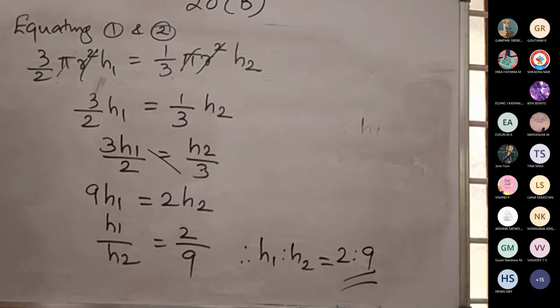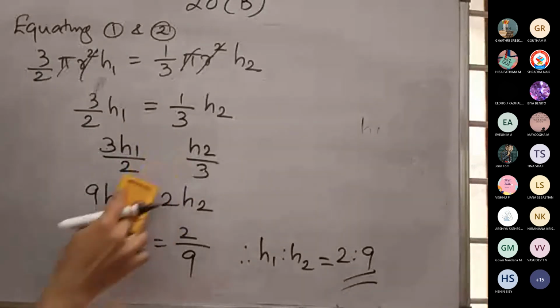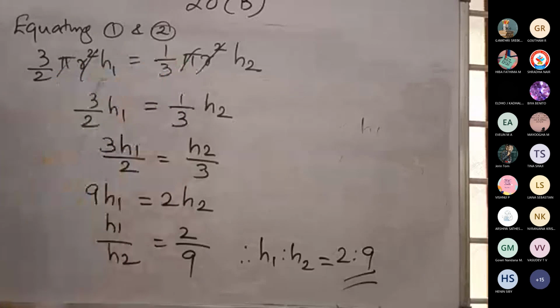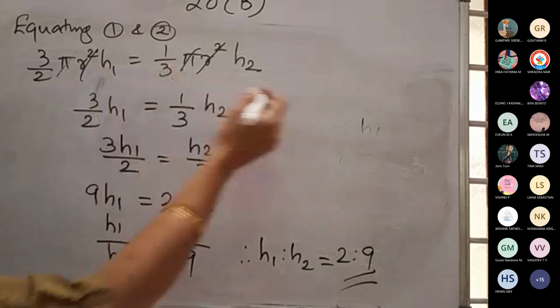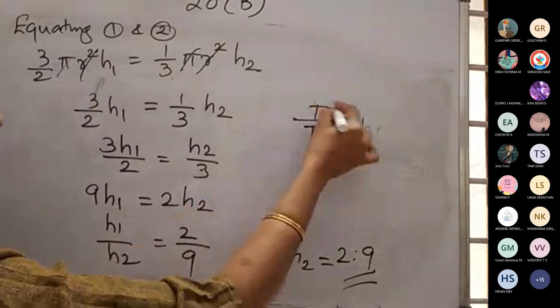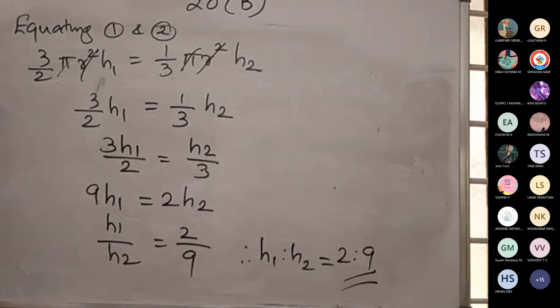Then does anyone have any doubt in this? Which step do you have doubt? Please tell me. Is it okay for you all? This cross multiplication, then starting here. Why are we cancelling this 5? If you are taking this to the left side, it will become divided by 5. So that 5 we are cancelling. Okay, thank you.